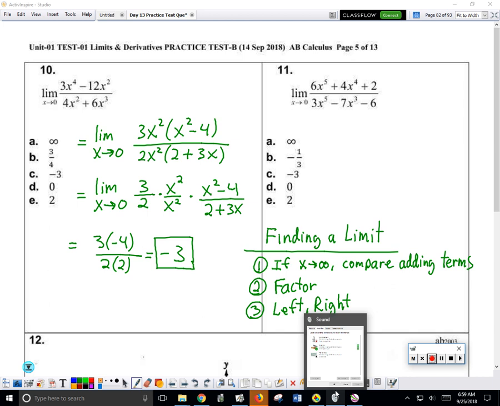Okay, so you did the right thing, Melissa. You said, hey, it's not x approaching infinity, so I'm not going to compare terms that add. I'm going to factor. You noticed that you could factor 2 from the numerator. Didn't look like anything could factor from the denominator, that's fine. So then what you're left to do is just do the left and right limit, which means we just have